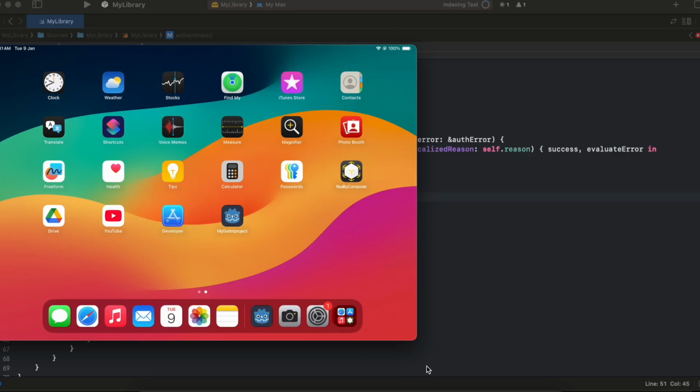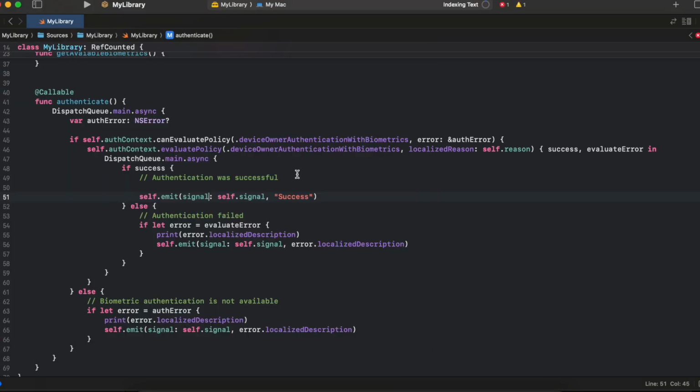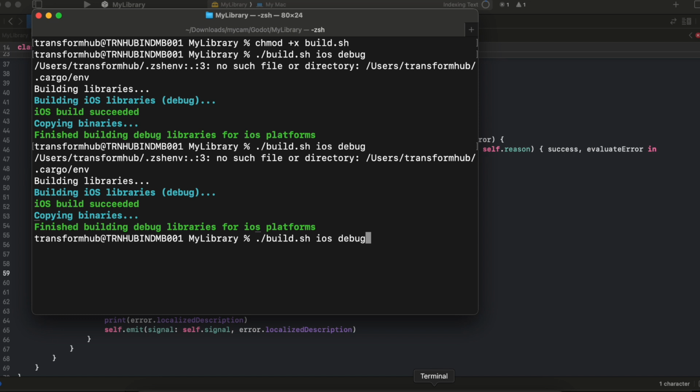Alright guys, so I have figured out the issue. The issue was you will again have to go to your library. Sorry about this. You'll have to go to your library and make sure you add this dispatch queue.main.async. It was the same code which I had removed. So make sure you add this bit of code, and the closing curly brace for it as well. Once you have done that, you will again have to run this particular command of build.sh